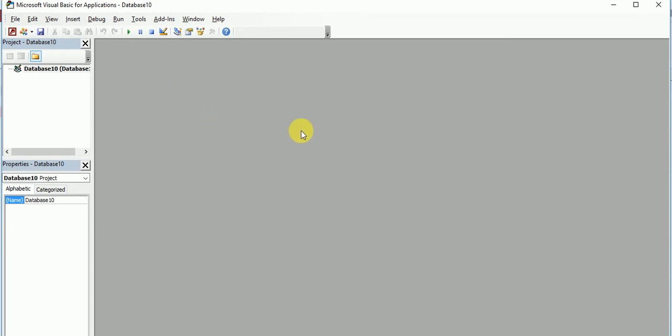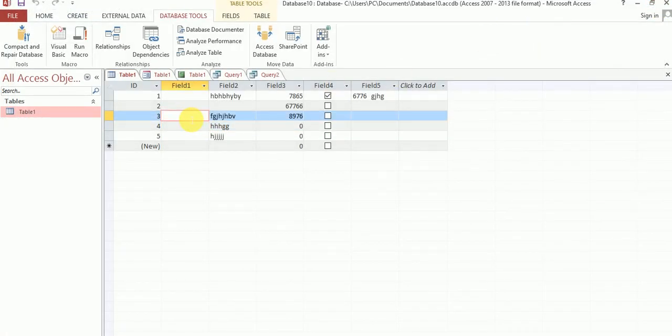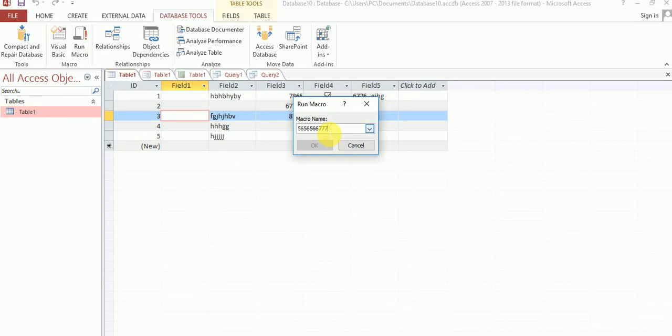Some Visual Basic. So macros are the set of instructions that help you automate your repetitive tasks performed on a database. Only macros help us to automate repetitive tasks performed on a database. Okay, but macros, not to be done. Okay, no problem. We will discuss next class.